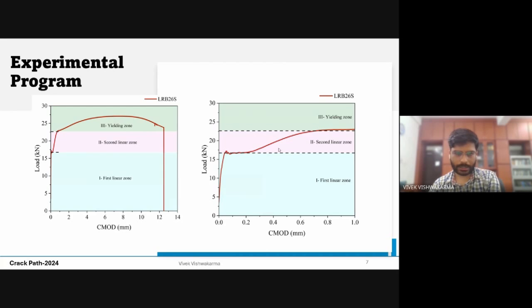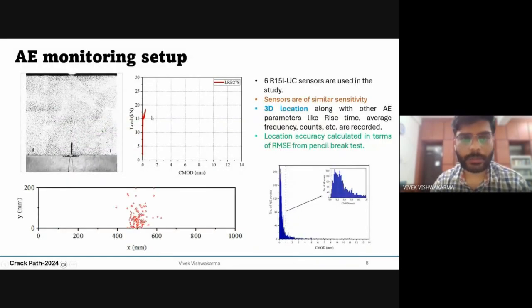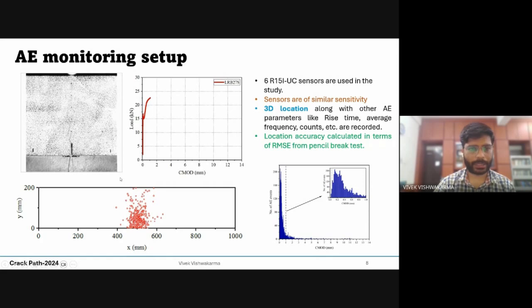So in RCC structure, there is no problem of getting acoustic emission data because it comes in a huge quantity. So this is the monitoring setup where monotonic load is applied. The crack is generating, concrete cracking is happening. These two figures are synced with time. This is not, so please don't get confused. In yielding zone, there will be very few events. So almost 78% of events are acquired up to this point.